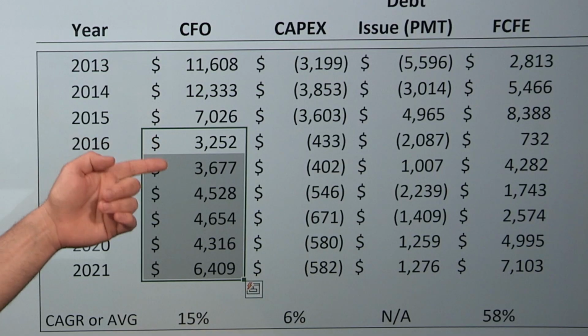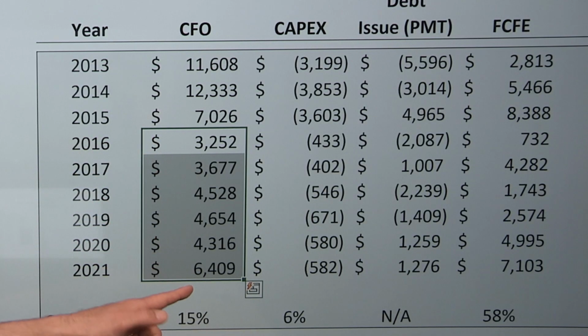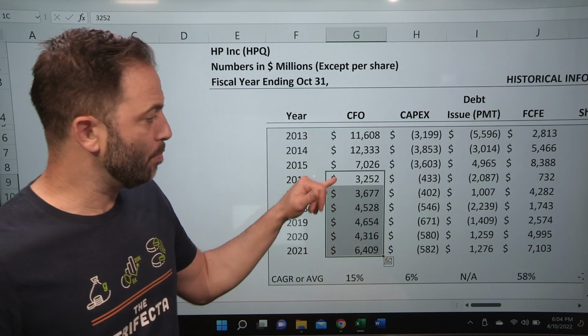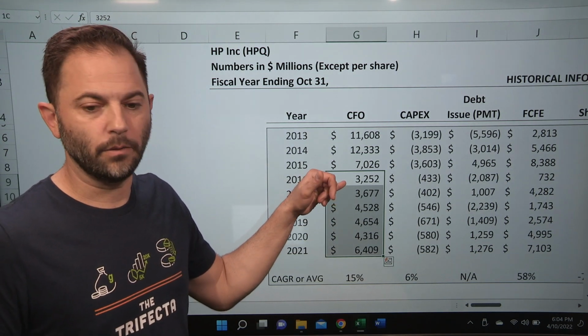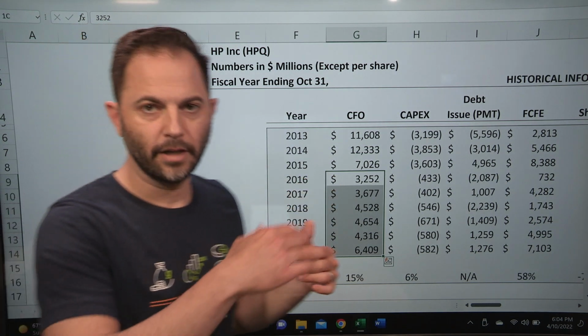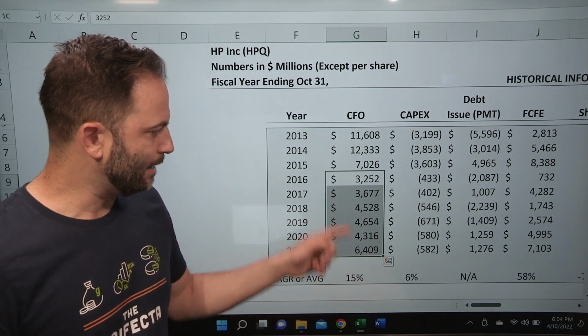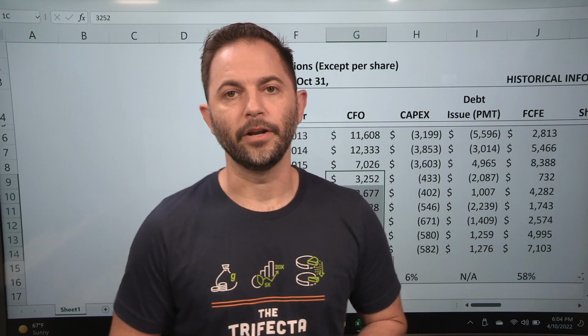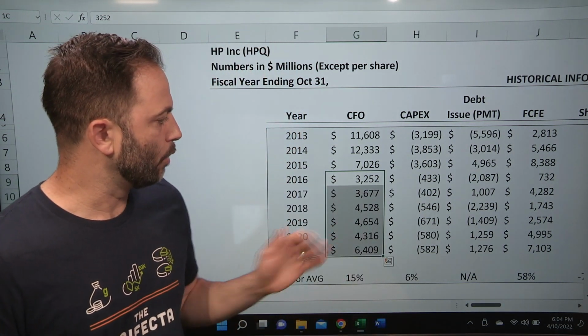And that cash flow has grown pretty much every year to a high of 6.4. That's a 15% annualized growth rate when I look at just this section. Agreed, I kind of bottomed out and cherry picked a very, very low number. So maybe it's not going to run rate this out in the future. But I think certainly in this range, in the single digit growth period, there's a nice growth rate here for